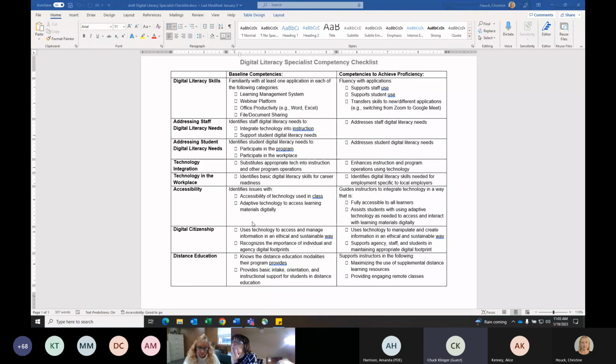So just a real quick rundown of what they are. The first thing that we address are the digital literacy skills, and we've looked at digital literacy skills in terms of learning management systems, being able to work with a learning management system, working with webinar platforms, and whatever webinar platform most of these are going to be specific to your agency. Office productivity, usually it's going to be Microsoft Office, but some people use OpenOffice or other types of programs, but working with a word processor, spreadsheet, PowerPoint presentation sort of a thing.